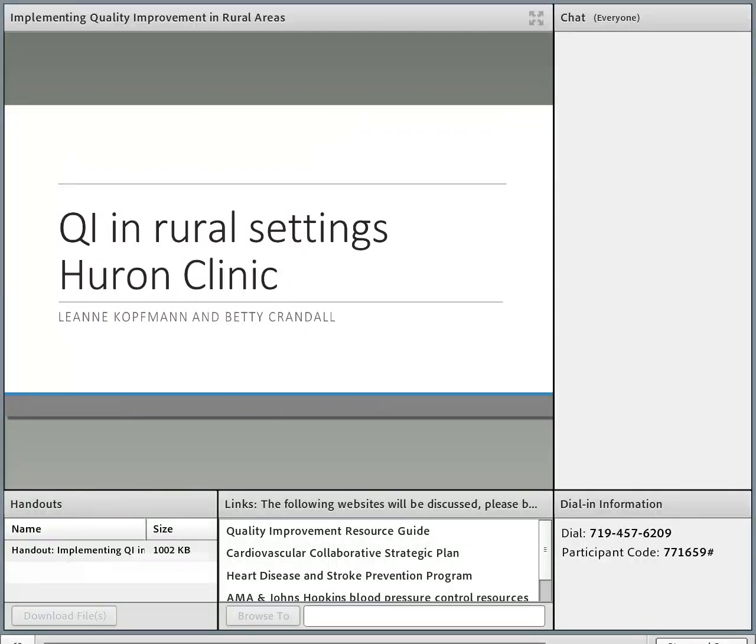So we'll start out with Leanne. She is the clinic administrator at Huron Clinic, and Leanne has been at Huron Clinic for over 20 years. So she started when she was 18. She's trained in laboratory technology and worked in the field as a laboratory tech and laboratory manager for 7 years before moving into the clinic administrator role as of January 2004. Leanne believes that implementing programs to assist the patients of Huron Clinic and their community in preventative medicine and their healthcare needs is essential. So I will turn it over now to you, Leanne.